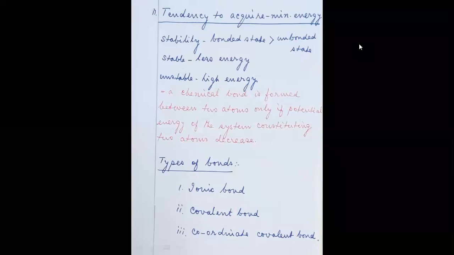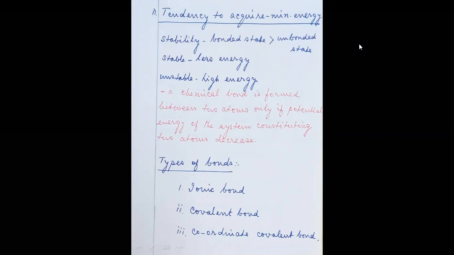You have to spend more energy to stand, but to sit down, less potential energy. To lie down, the least potential energy. So any system in the universe will be tending towards minimization of potential energy. So when you compare the potential energy of a bonded state and an unbonded state,